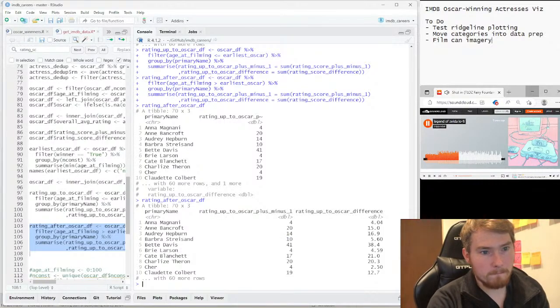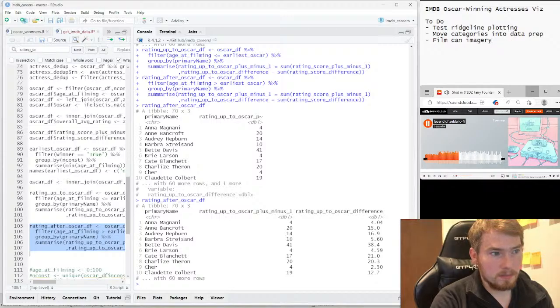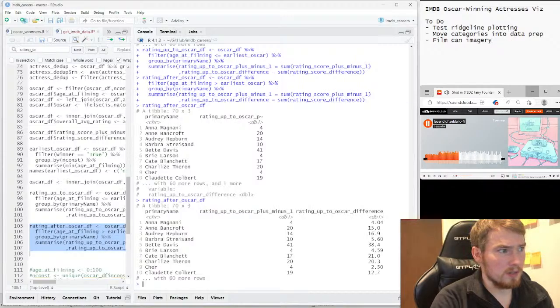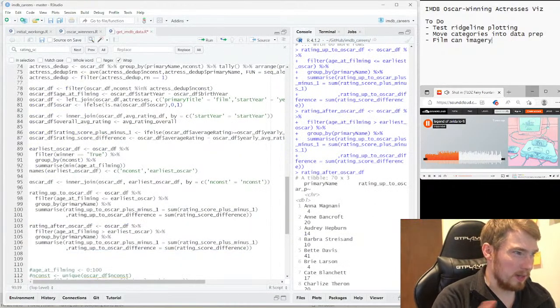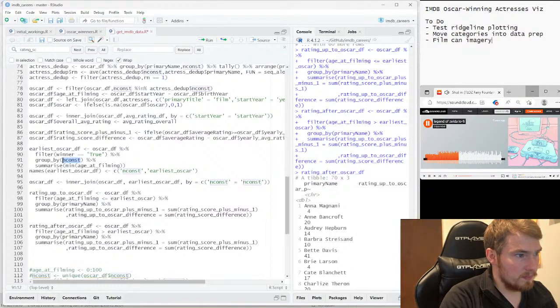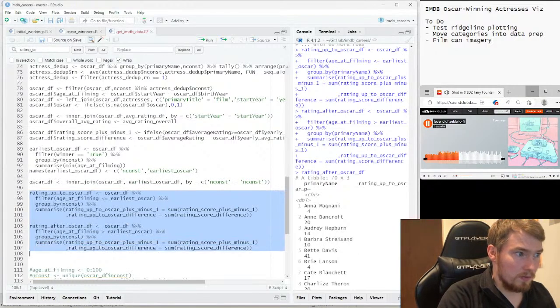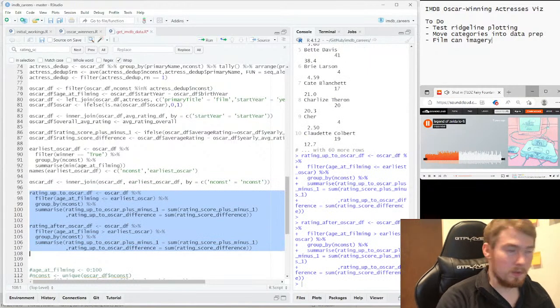Okay. So that works. I'm gonna change those back to nconst so I can go and join them to my dataset. So rerun those. Cool.